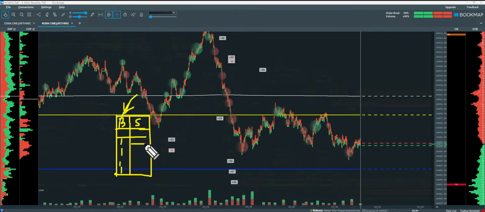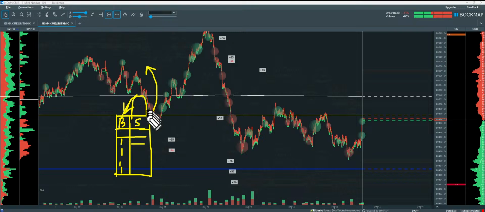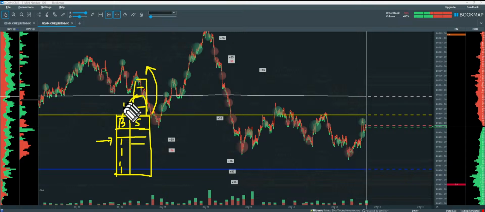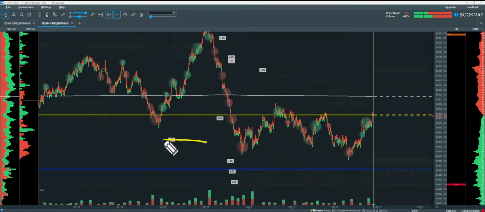If I have to lift the offer, if I have to buy something, the price has to go up, so it has to take out all the sellers over here. It has to be aggressive enough, in a similar manner to the market sell orders we just spoke about. It is exactly similar for an aggressive buy order. If a buy order like the 300 contracts we just discussed comes in, it takes this back maybe 5 or 6 levels, whatever it is. That is why it is called lifting the offers. All the offers standing here are being lifted, and the market then goes up. These are the two terms that you generally hear, so don't get confused. There's nothing too difficult about it. It's as simple as we just talked about.